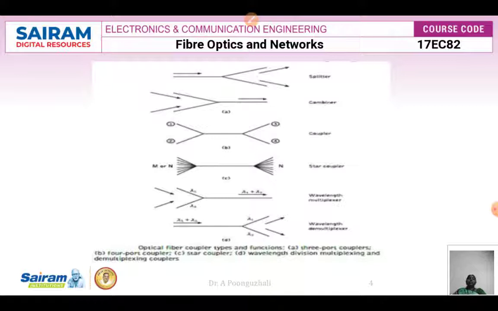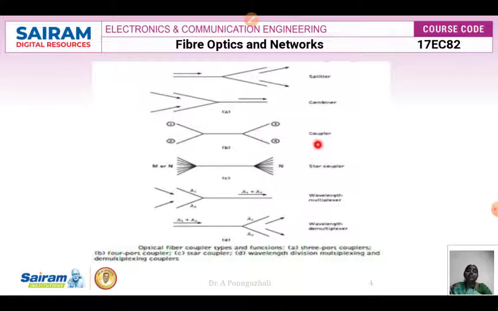Here are the examples of optical fiber couplers. First is your splitter, that is a 3 port. In the 3 port I am going to have port 1, port 2 and port 3. Through port 1 my optical signal enters and gets split into the 2 ports. The ratio of how the signal is split is defined by the coupler we use. Next is the combiner. This is also a 3 port coupler, where I combine the two optical signals into a single optical signal.